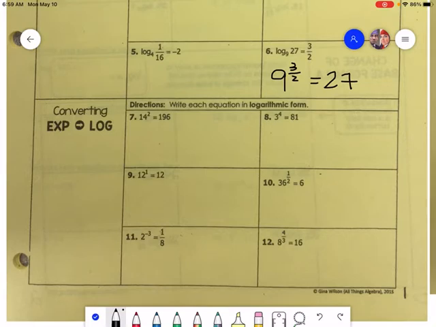Now what we are going to do is go from exponential form backwards into log form. So again, I'm going to go log base b. What was our base? 14 of a. So remember, of the answer. So of 196 equals